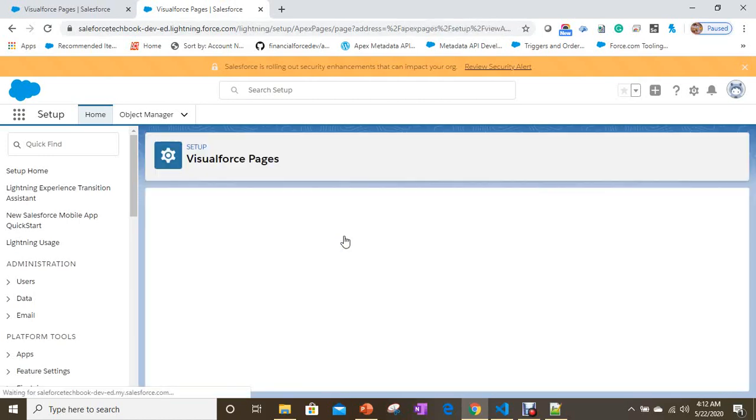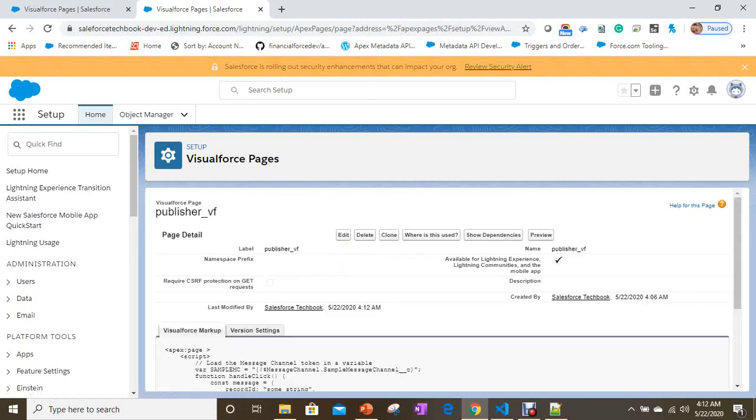Done. Now I have successfully made our two Visualforce pages, the publisher and the subscriber VF pages, available for Lightning experience. Now let's create a Lightning app page by using App Builder.